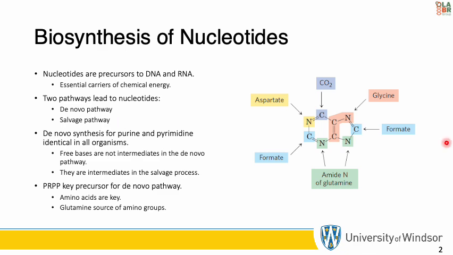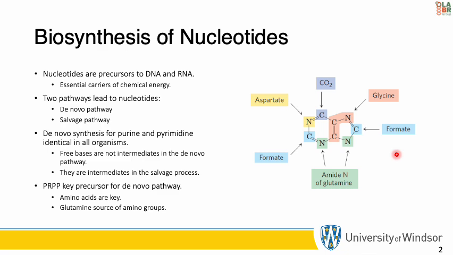Getting into it a little more, the de novo pathways for purine and pyrimidine biosynthesis seem to be nearly identical in all living organisms. So, whether it be all eukaryotes, all mammals, basically, they're the same everywhere. Notably, the free bases guanine, adenine, thymine, cytosine, and uracil are not intermediates in these pathways. So the bases are not synthesized and then attached to ribose, as you would think. The purine ring structure is actually built up one or a few atoms at a time, attached to ribose throughout the process.